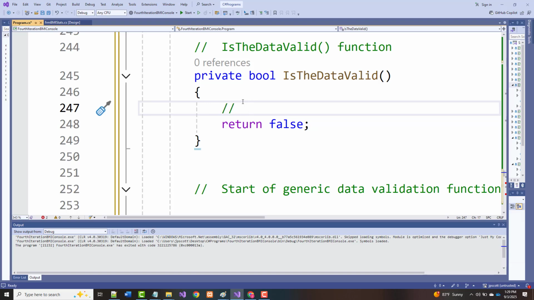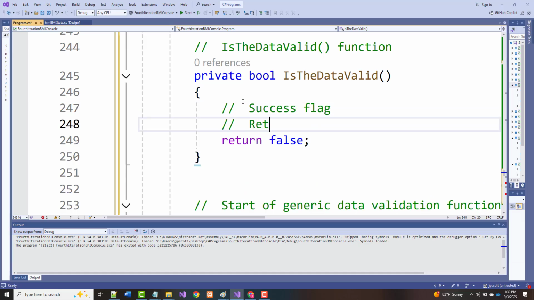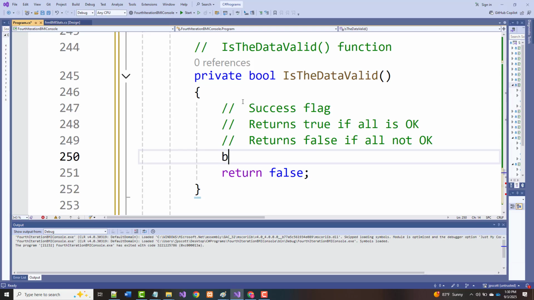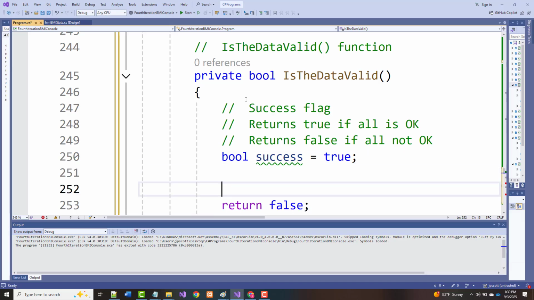So we'll call this, how about this, success flag. Returns true if all is okay, returns false if not okay. So we'll assume that it's going to work. We're going to say bool success equals true. We're going to assume it works. Now, if it doesn't work, we're going to have to set it to false someplace. We're also going to have an error message